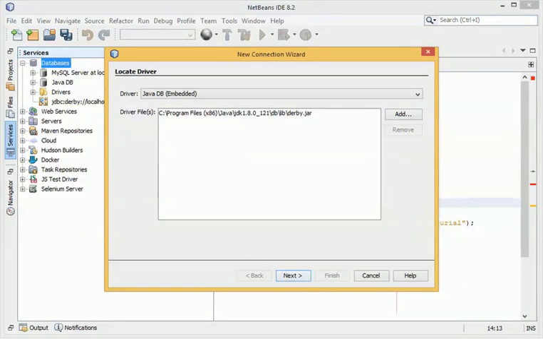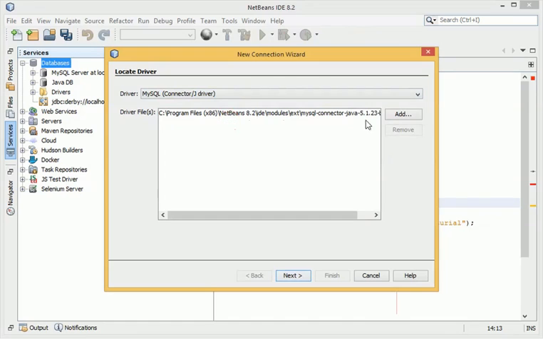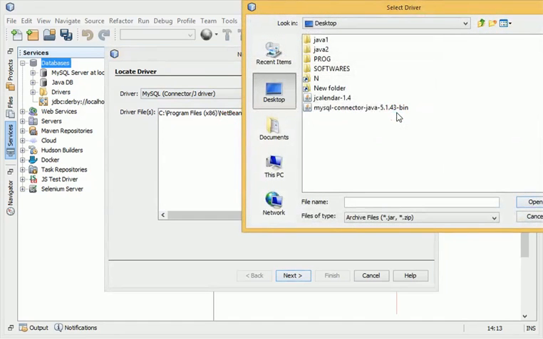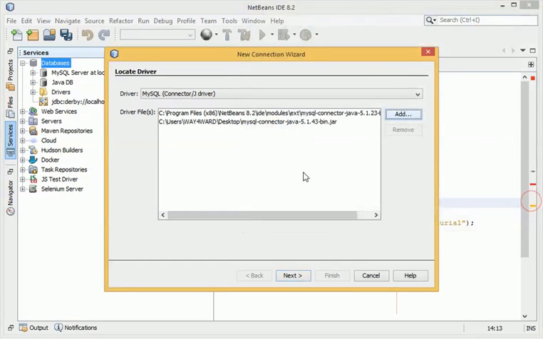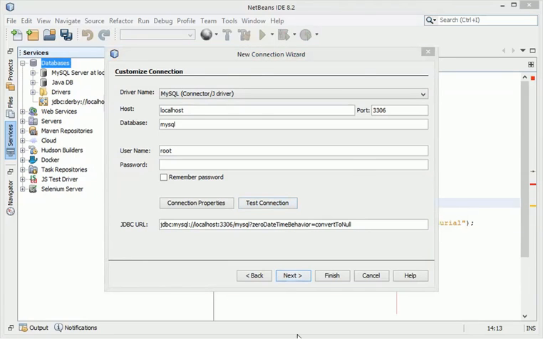So yeah, since we'll be using the connector, then we come to MySQL connector, then the library we added at first, then we need to add it here also. So you click on it here, you open it, so you click on this, yes, you've added it. Then next, here we need to test the connection, but before testing we need to make sure our XAMPP